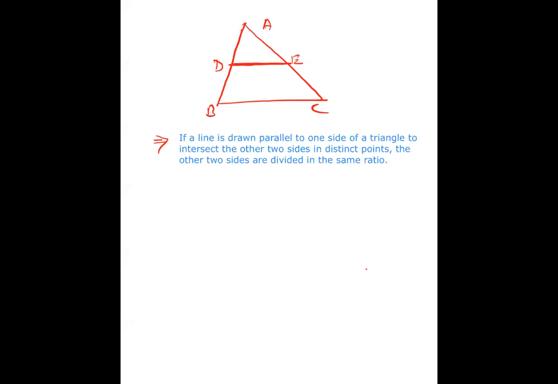This is the line we are talking about now. Okay, D is the line which is dividing the sides. So basically, we want to prove that given that DE is parallel to BC, and also given that there is a triangle ABC,